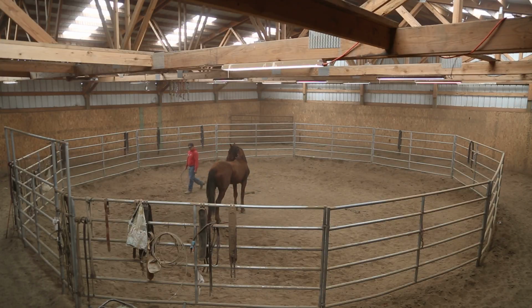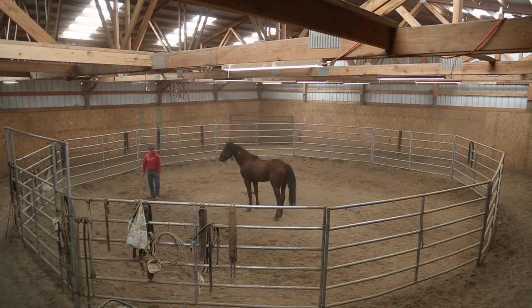Just keep walking until that right front disengages. If it doesn't, raise your hand, step back. So if you notice, as soon as he was kind of hesitating and not coming with me, I raised up my hand, and that's one of the cues to change and have